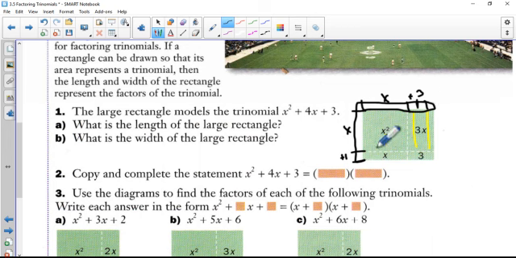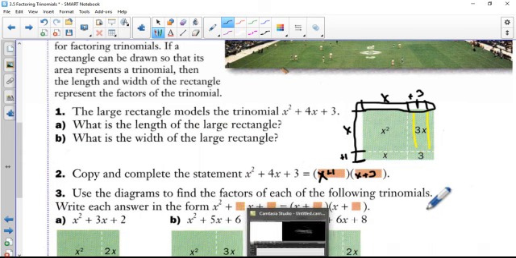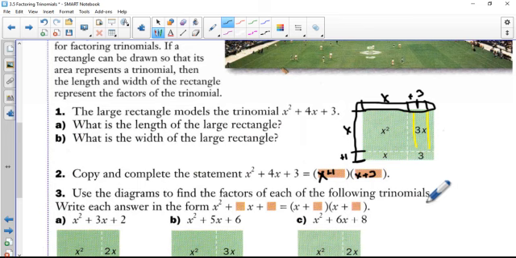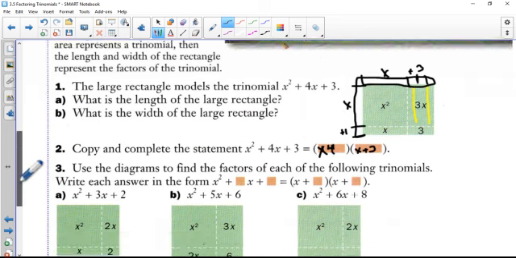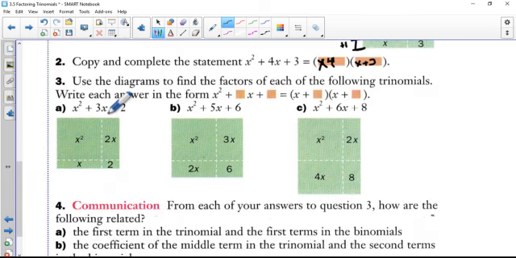So then when we factor, we want to find the dimensions of the sides. So completing this statement here would be that it's x plus 1 times x plus 3. So we're going to do lots of examples of these, and we'll take it from there, and it'll get easier as we go through them. Okay. So if we look at this one,